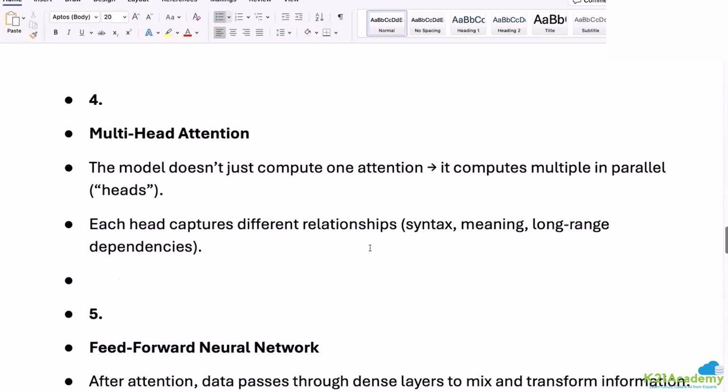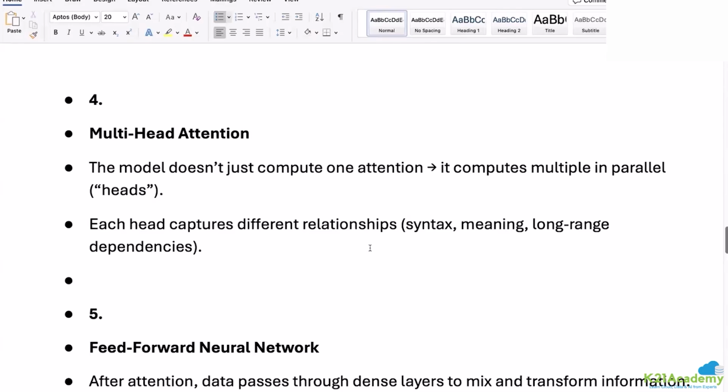So you're not going to have one attention. The parallel architecture of the transformer takes it to multiple parallel heads, and each head can capture different relationships. It means yesterday somebody said there are three layers of perceptron all working together. Okay, this is called multi-head